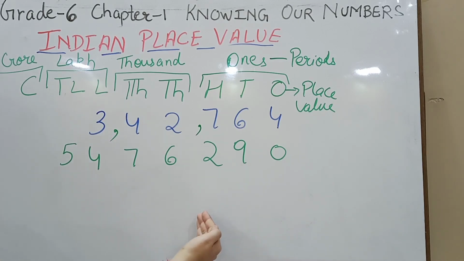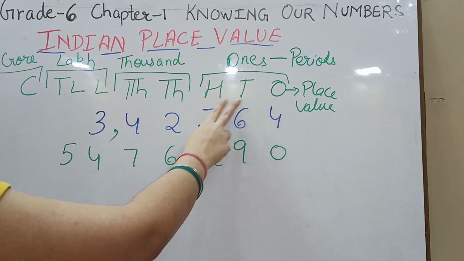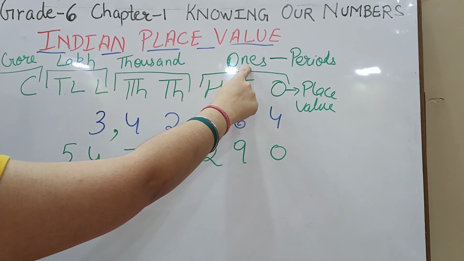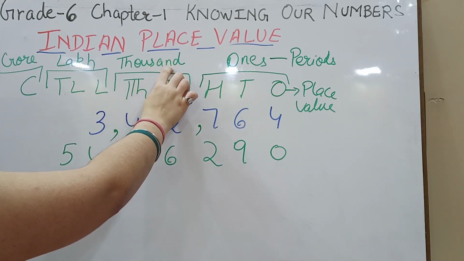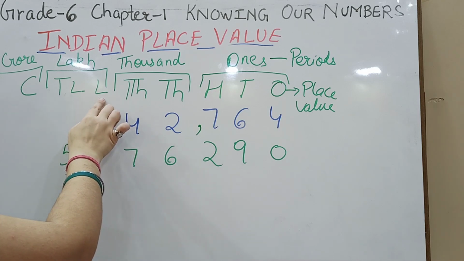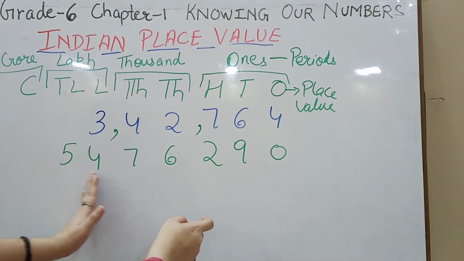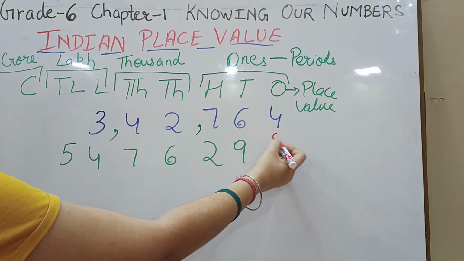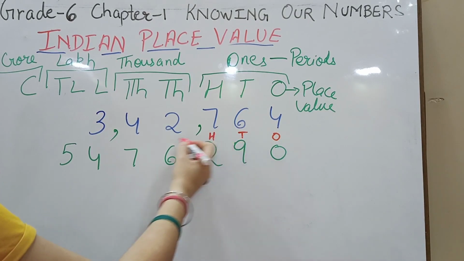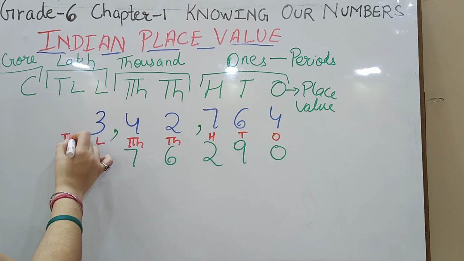So remember, in Indian place value system, we are going to bifurcate by putting commas. Ones, tens, 100 belongs to the period of ones, then a comma. 1,000, 10,000 belongs to the period of thousands, then a comma. Lakh, 10 lakhs belongs to the period of lakhs, and then a comma. So if I want to read this number, first and foremost step is to put the place values over it. So when I'm going to put the place values: ones, tens, 100, 1,000, 10,000, lakh, 10 lakh.